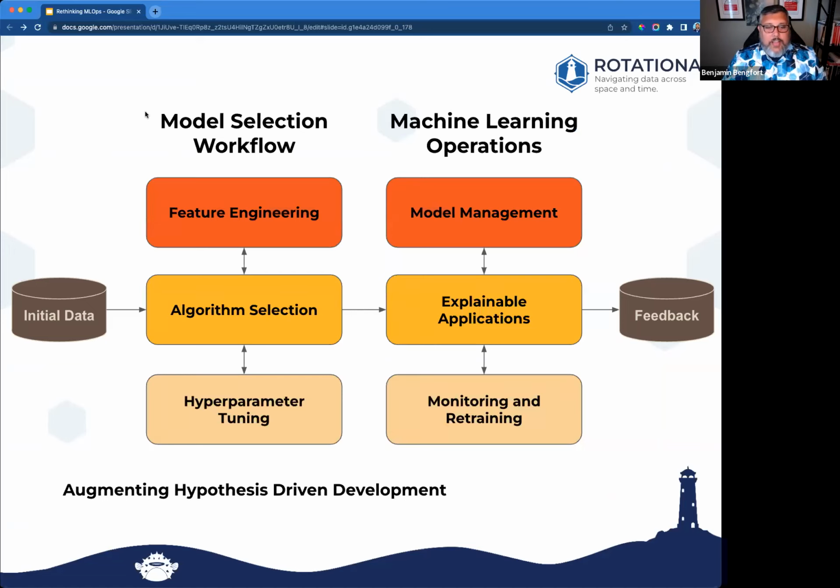So what I think that we need to do as a group is to understand how to augment our hypothesis-driven development workflows, right? So hopefully everyone is familiar with the model selection workflow, where we're taking our initial data and we're composing these model triples of feature engineering, algorithm selection, hyperparameter tuning, and we're looking for the simplest, most predictive model that fits that data. And we need to take that and we need to augment it with machine learning operations. So this is kind of the what is